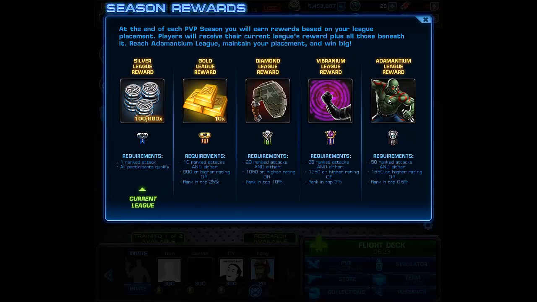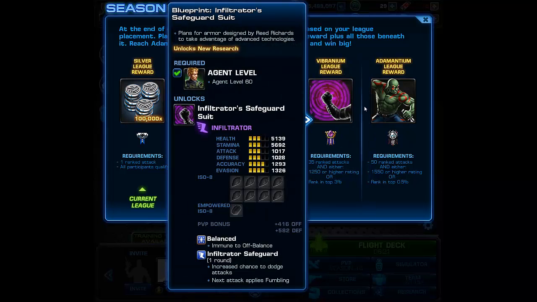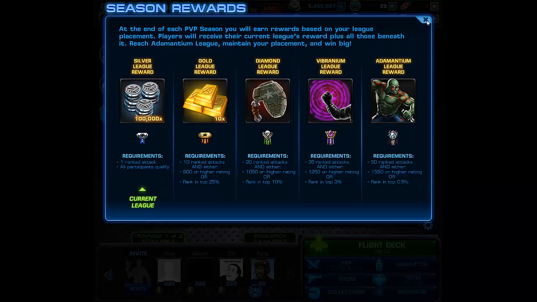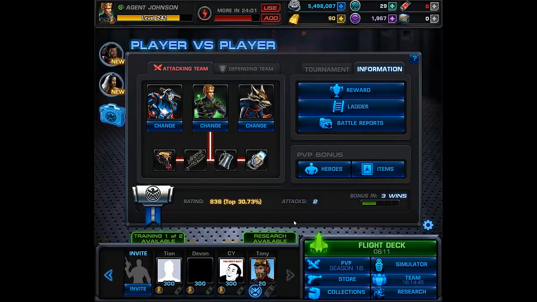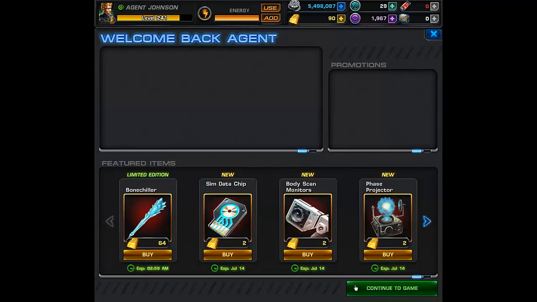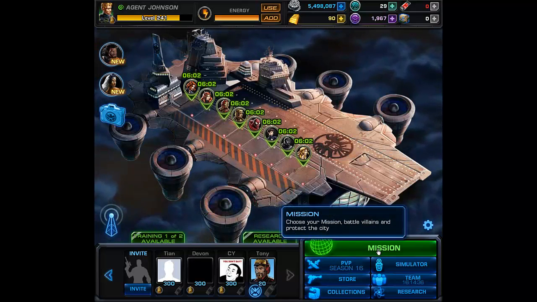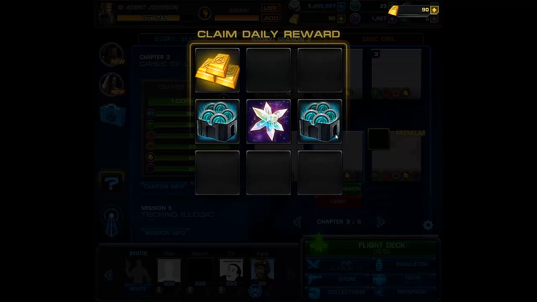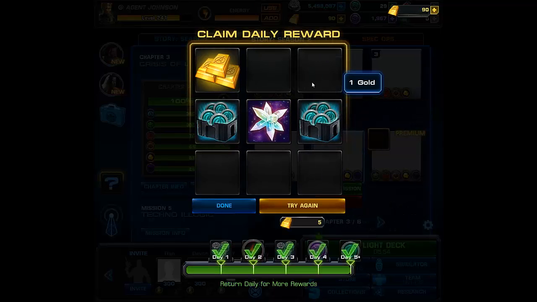And there's the rewards again. An Infiltrator suit. There's Drax. There's Grenade on a stick, or Original War Machine kind of on a stick. And my offensive team. And I don't know what the roulette is yet. I do know that the daily roulette is... Oh, where did you go? I think you... What was it? Mission...